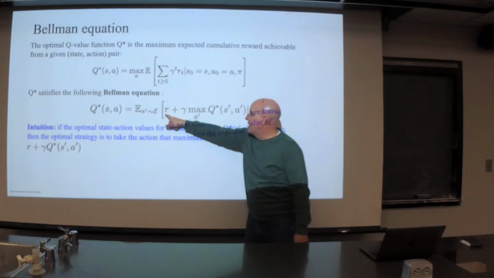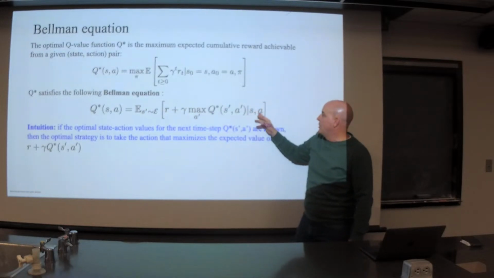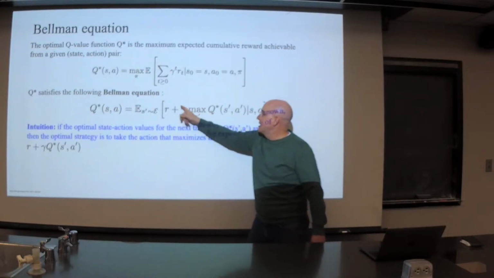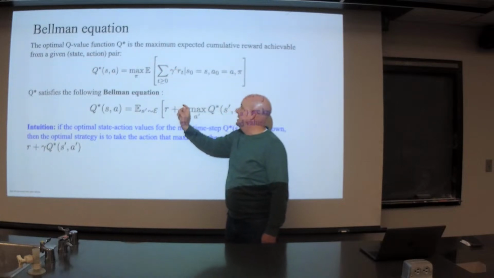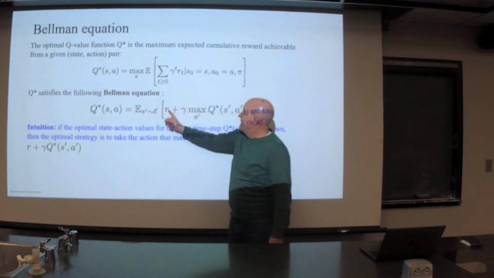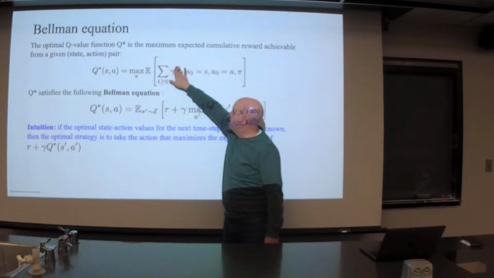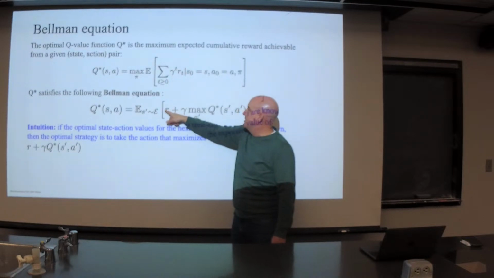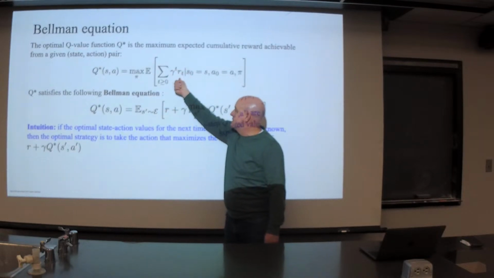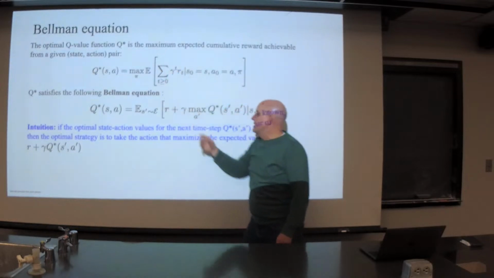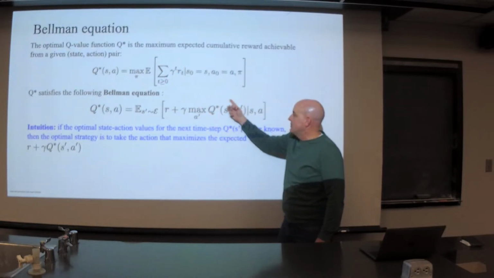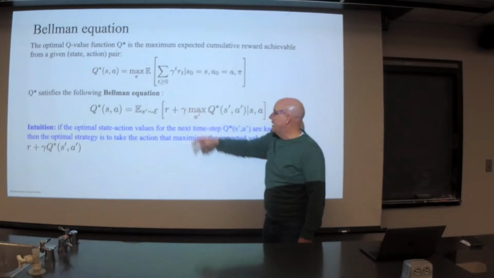So what are this R and this gamma? Well, this R is the reward that we get when we are in state S and take action A. And this gamma comes from the fact that at t equals 0, that's what this R is here. Gamma to the 0 would be a 1. So it's like the first entry in this sum. And then this is like the second entry, but it's really the rest of the sum, because this is again optimal. We just have to discount after.